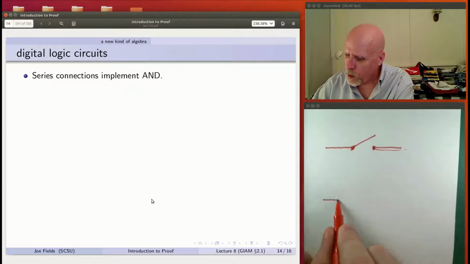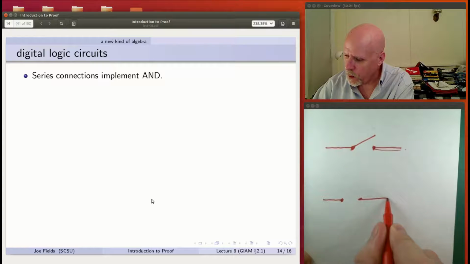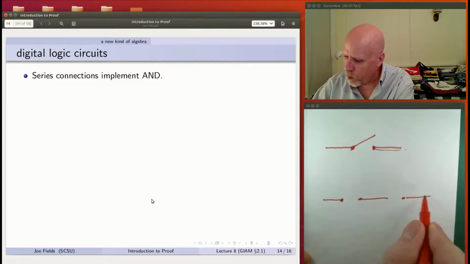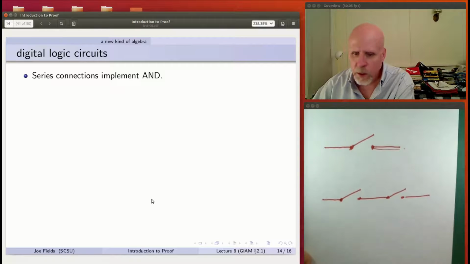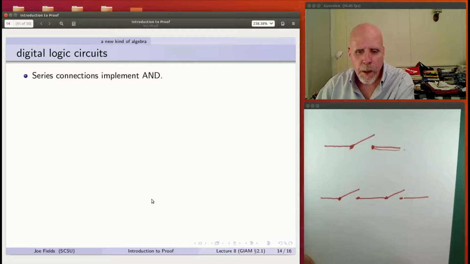So series connection means this. You put two switches, one after the other, in a bit of wire. So we'll have two of these places where there's dots with the little leaf spring looking things there. Now, really an electrical circuit needs to be literally a circuit. There has to be a source of energy, a battery or something, and then the wire has to eventually lead